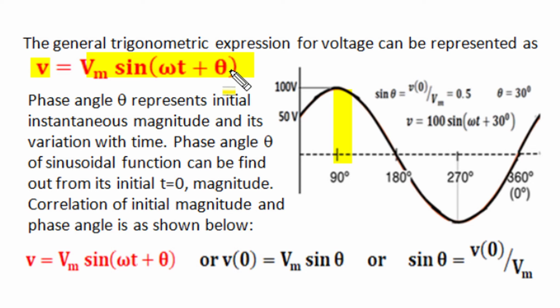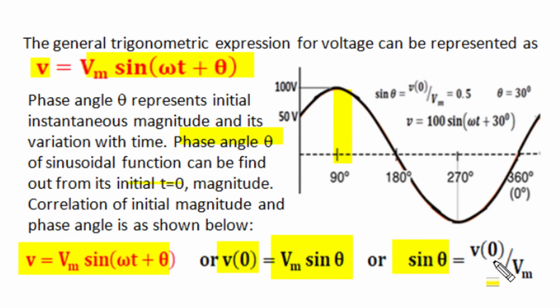Now this phase angle argument theta and the t equal to 0 initial instantaneous value of voltage have an interconnection, and if one of the two is known to us, we can find out the other one. We can find out the phase angle argument theta of this sinusoidal function if we know the initial, t equal to 0, voltage magnitude, as in this expression when t equal to 0, the initial value will become Vm sin theta,